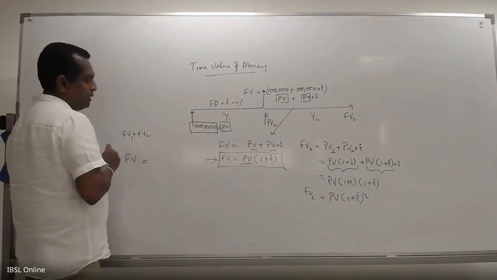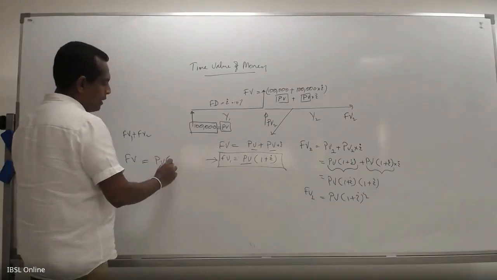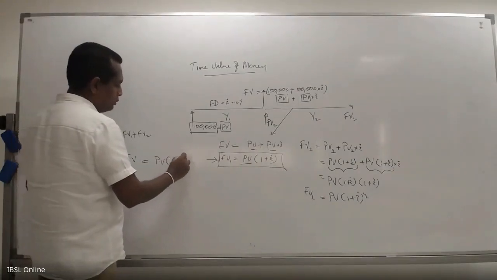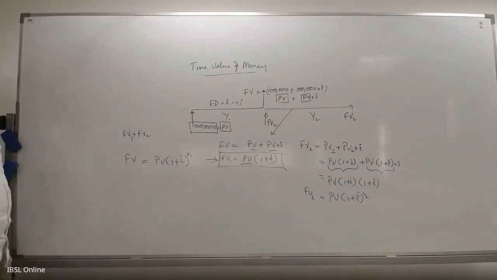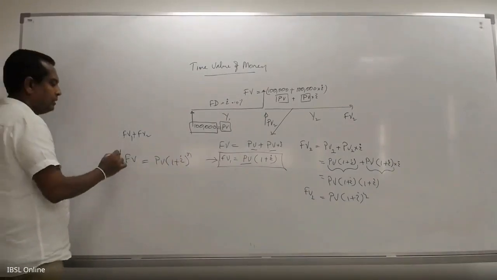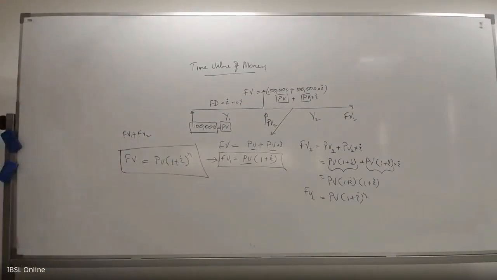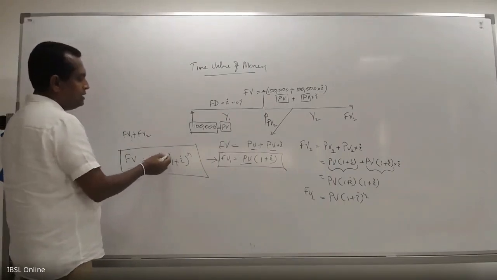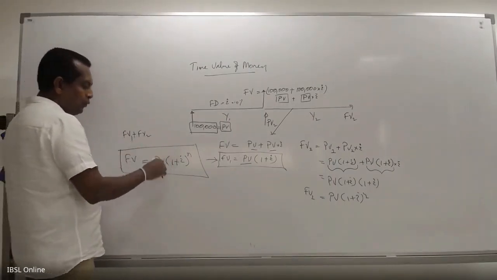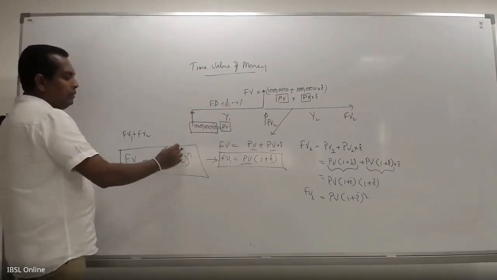Future value equals present value (1 + I) to the power n. This is the present value, future value formula. Future value equals present value, the initial investment, into 1 + I, where I is the interest rate, and n is the